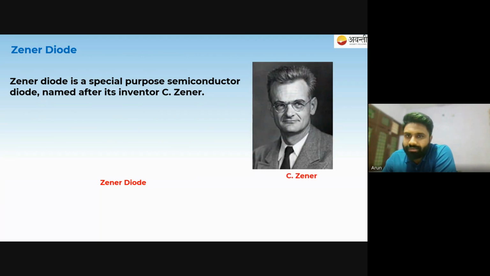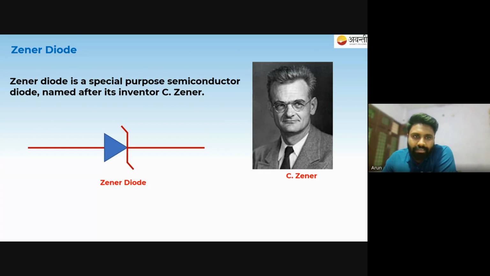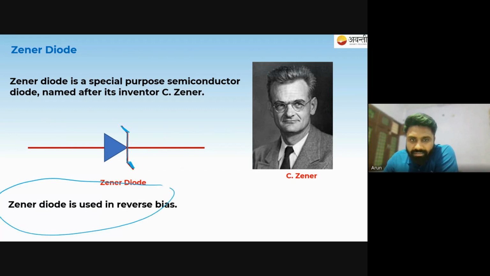So he is the one who is responsible for that. So this is a special symbol you can see here. In respect to C. Zener, we have provided it, and for a normal diode it is a straight line, but for a Zener diode it is a Z type thing. Okay, so remember it whenever it is present in the circuit. So it is always used in reverse biasing. Okay,